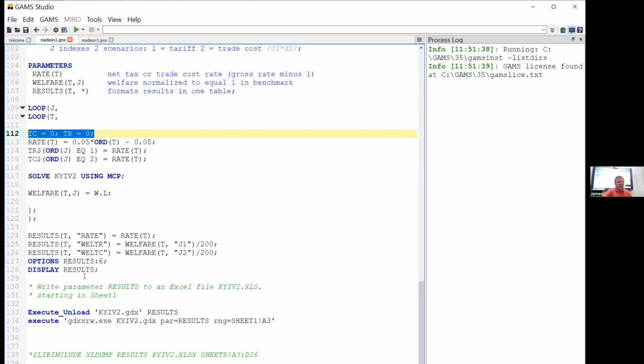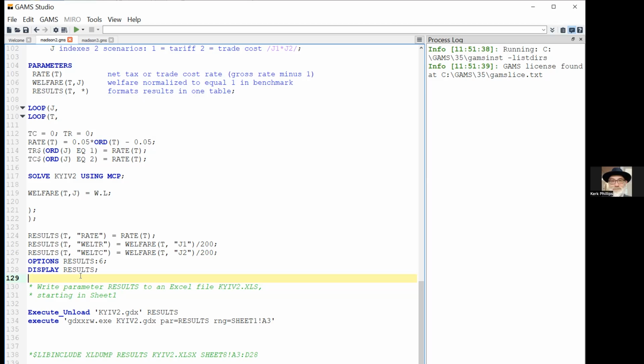Option results : 6 semicolon. I have no idea where that came from. What's this line, Tom? Is it display results with 6 decimals of precision? Oh, I didn't put that. I didn't know that. The default is 3. Yes, the default is 3. I don't remember. I don't know where this came from. Maybe somebody else was messing with my code. Okay, and then display